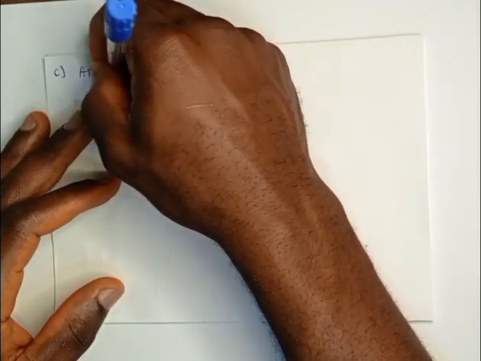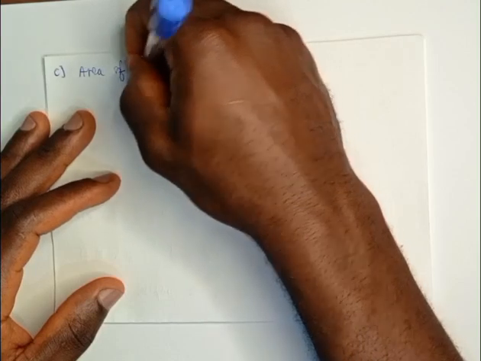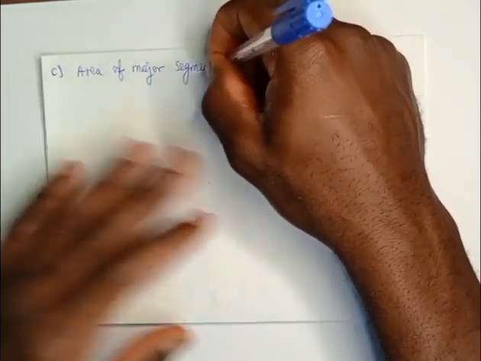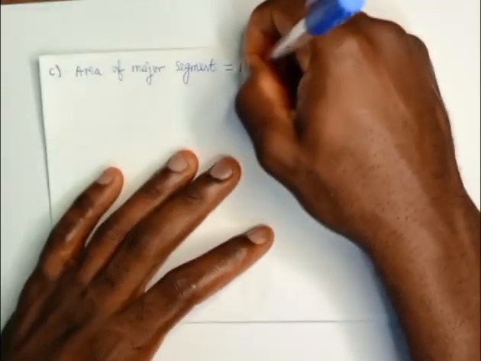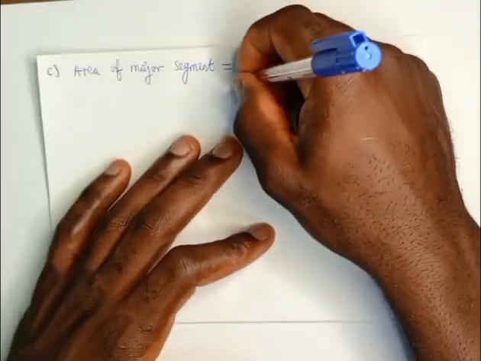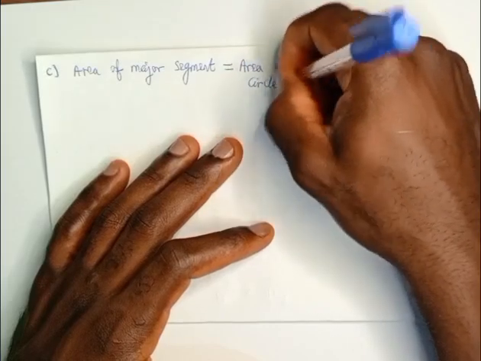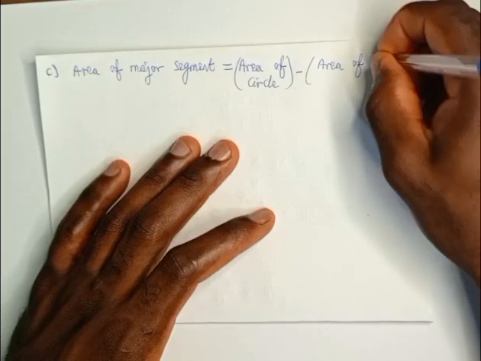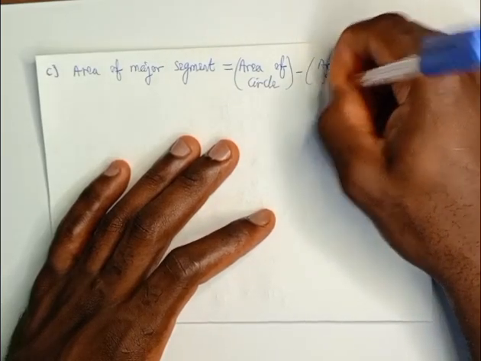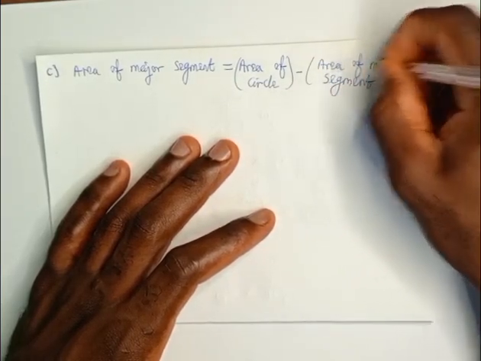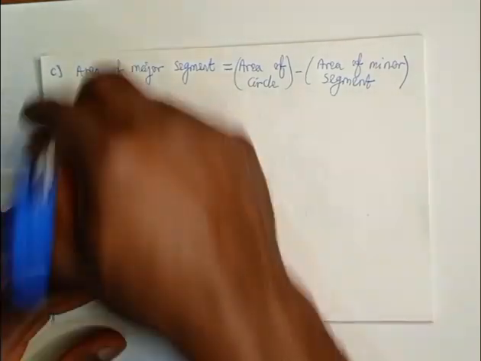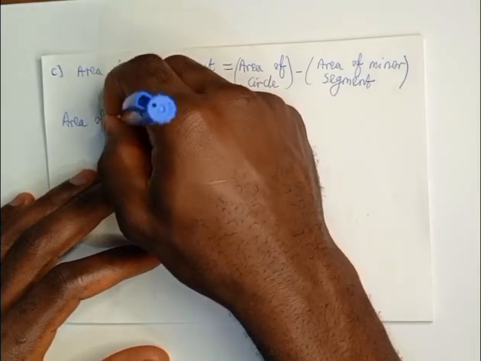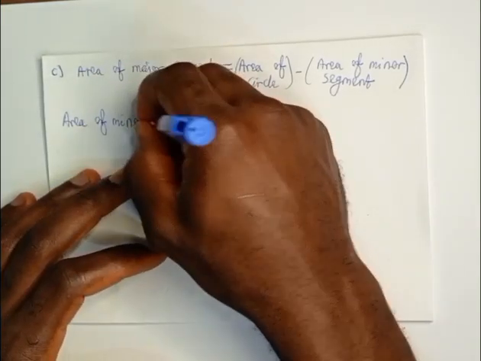Area of major segment is equal to area of circle minus the area of minor segment. Such. Next, the area of minor segment